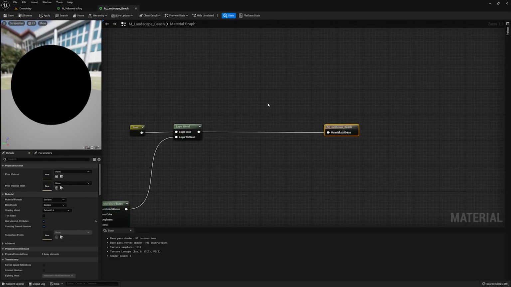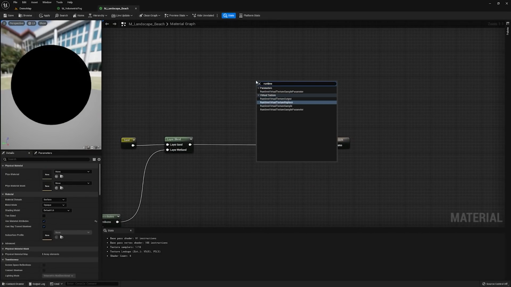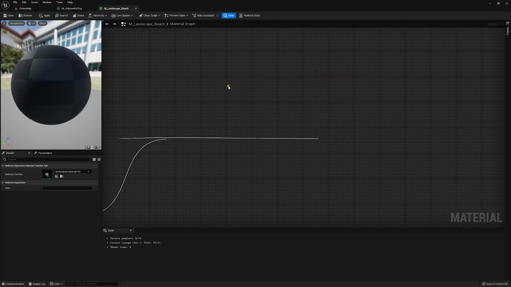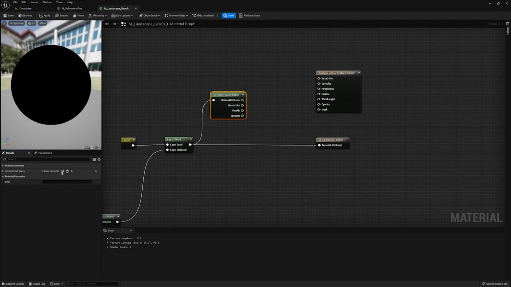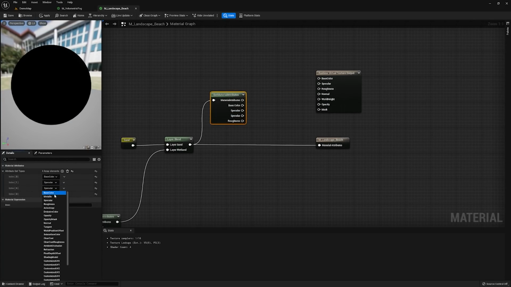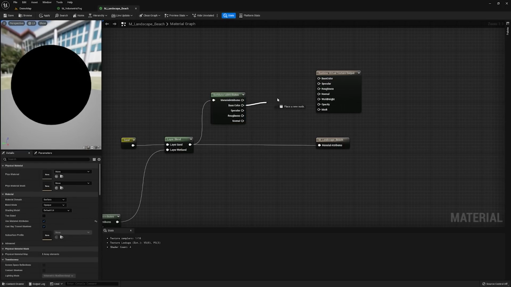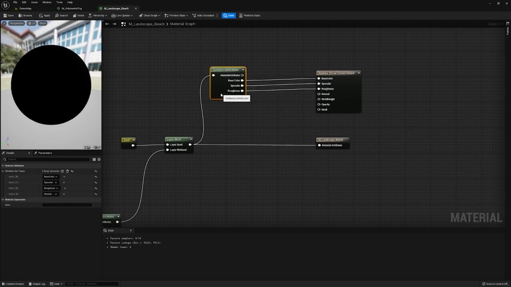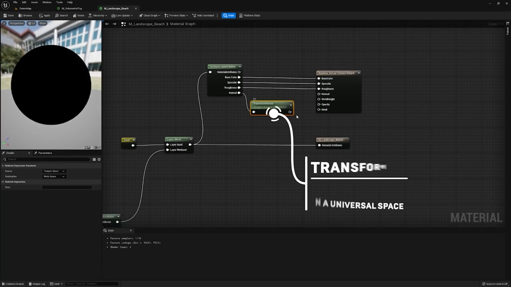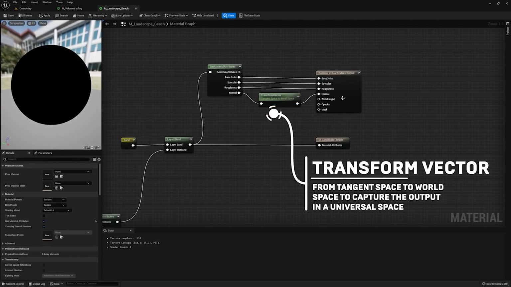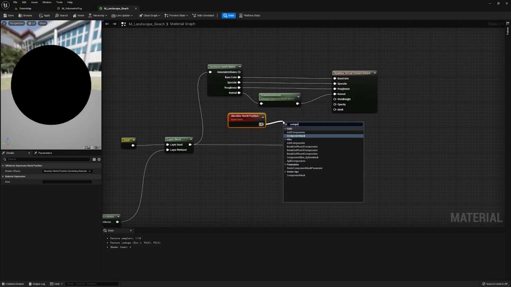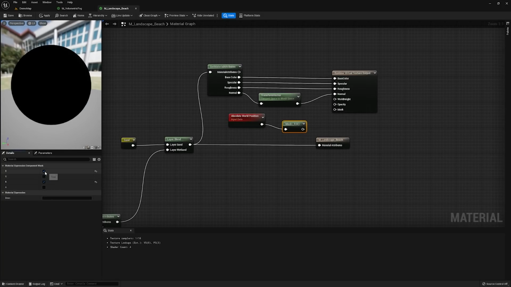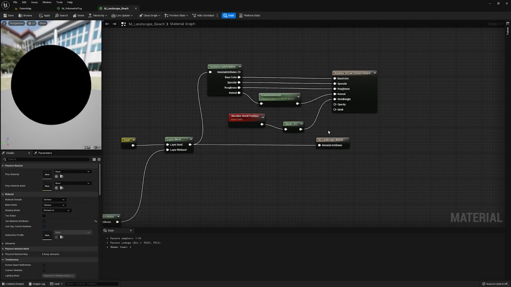Now, step 3 involves changing the landscape material. We now need to set up a new output node that is to tell it, hey, when someone uses a runtime virtual texture on you, this is what to output. There's a couple of gotchas here, but you should be able to run all of the pins across as required, except for the normal. The normal you'll need to translate into world space by adding a transform vector and go from tangent to world space. And to get the world height, you'll need to get the world position and then only get the B channel, which refers to the Z axis.